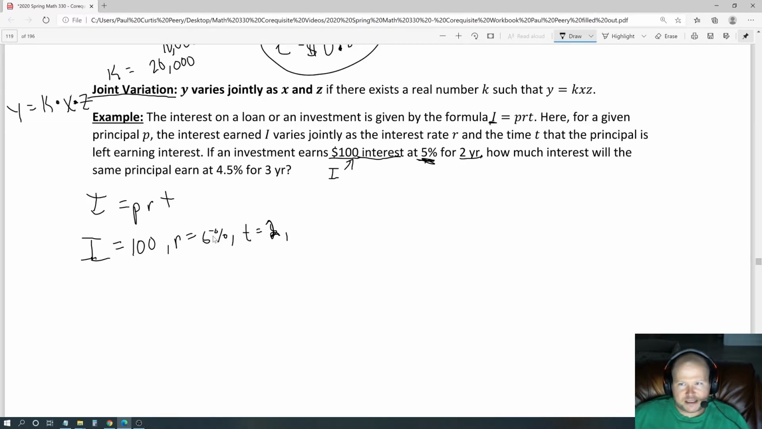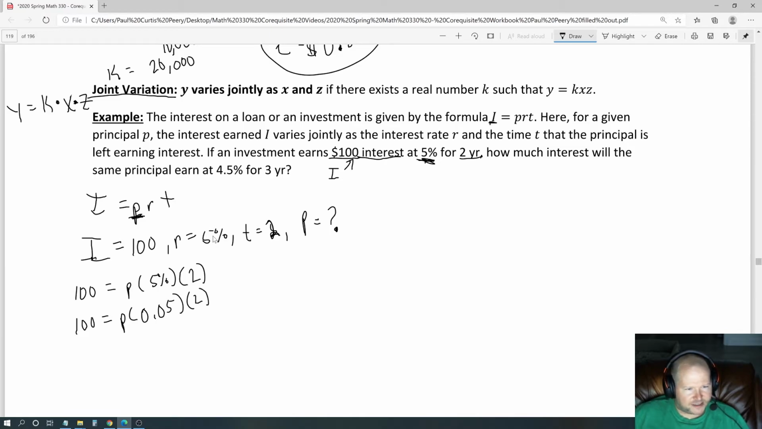And then what they say is, okay, how much will the same principal earn at 4.5% for 3 years. So the thing here is we don't know the principal. Okay, so we're going to solve for the principal. So we plug in what we know when we solve for what we don't, right? So we know 100 equals P times R being 5%, and then times T, which in this case is 2. All right, so 100 is equal to P times, but instead of writing 5%, I'm going to write 0.05 and multiply it by 2. And 0.05 multiplied by 2